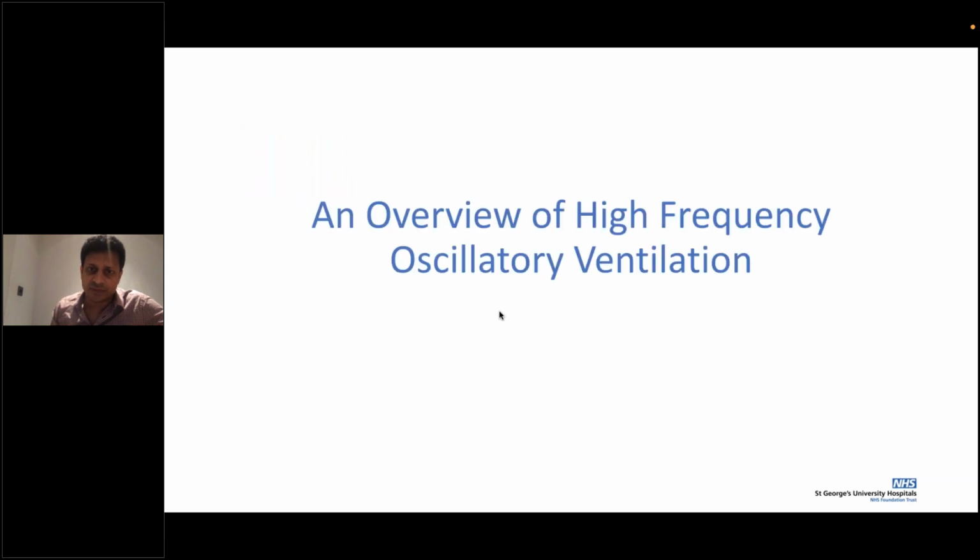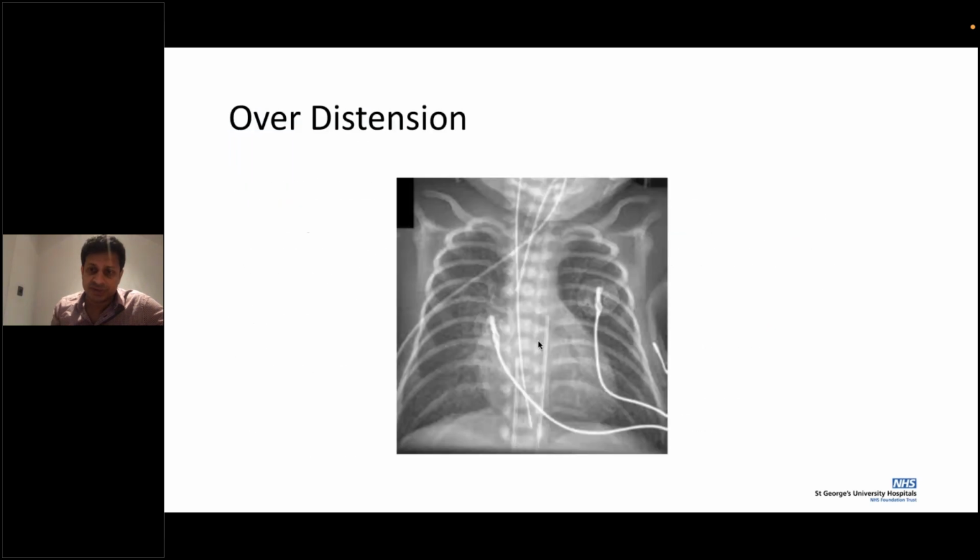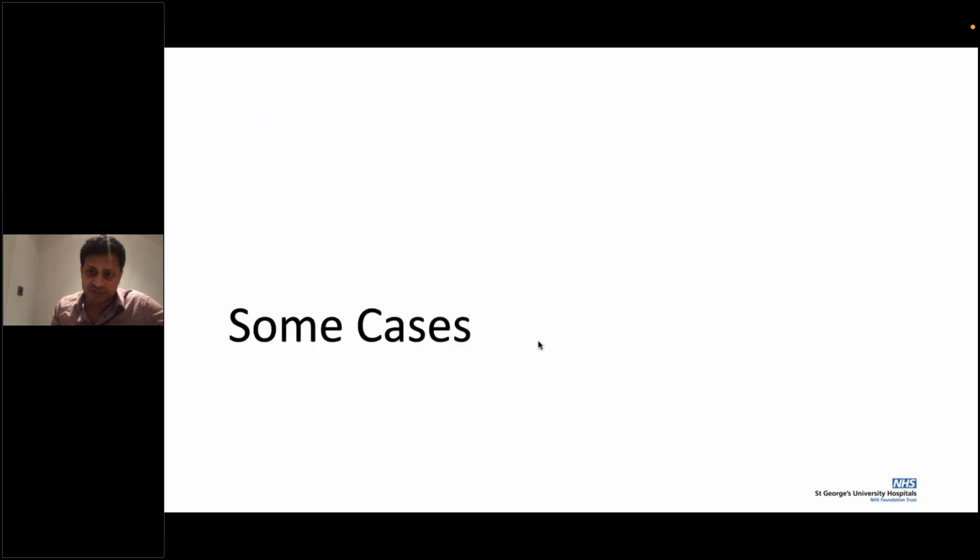So basically what we're looking at, on a restrictive mode you're restricting that 5 mils per kilo, keeping that Pmax reasonably high, so that the ventilator allows you the pressure. Or on a PTV mode, if you want a pressure mode of ventilation, you can limit the volume on some of the ventilators. So you can do it either way.